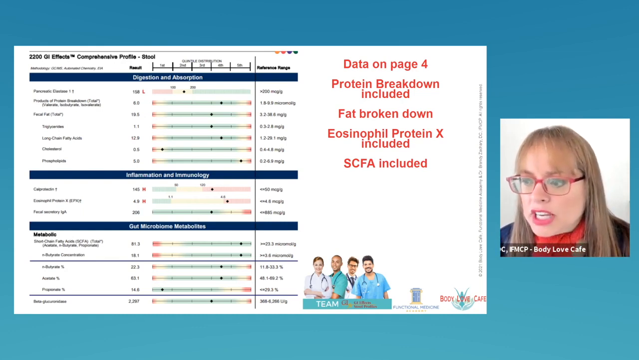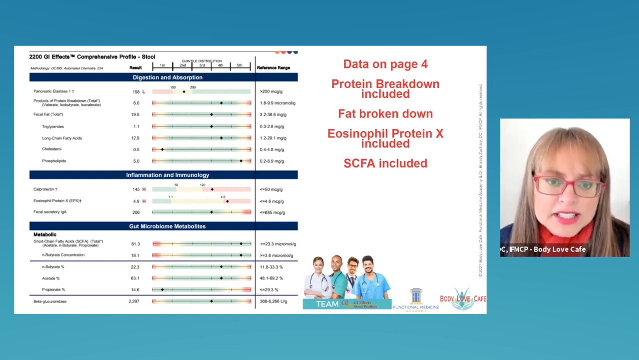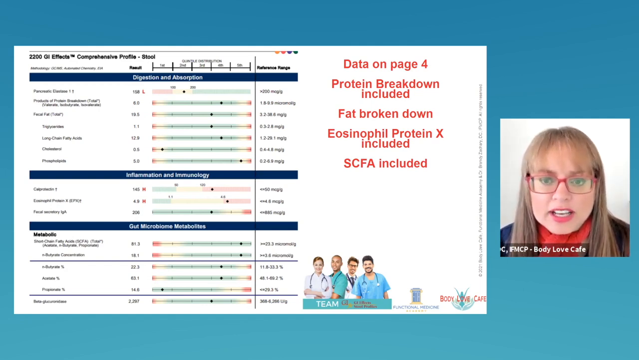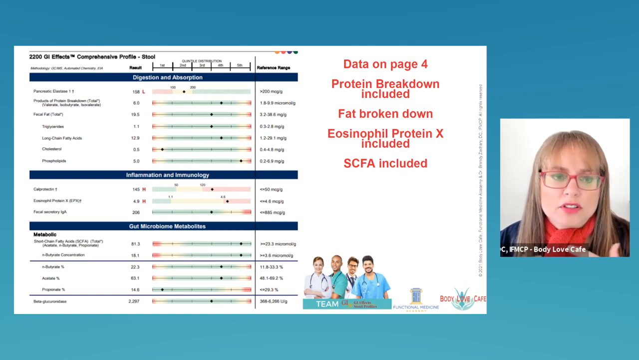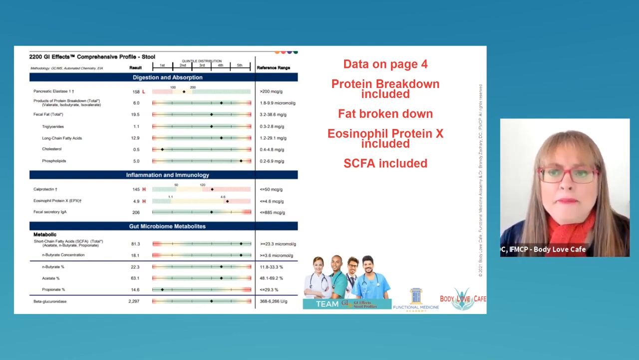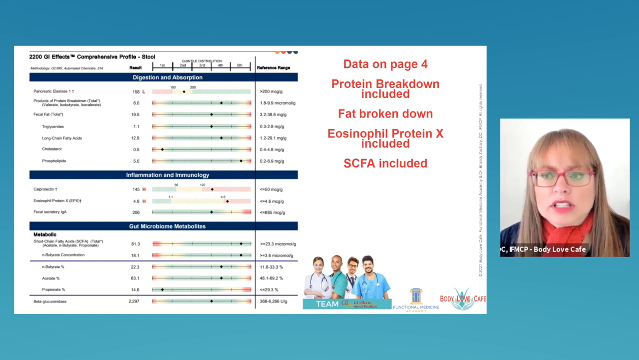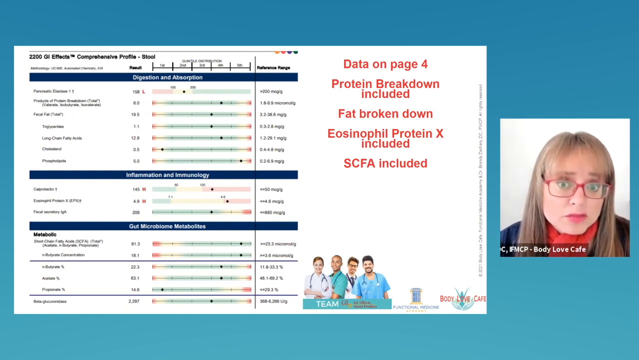For the inflammation and immune markers, the ranges might be a little bit different, but calprotectin and Sig-A, fecal Sig-A, it's the same on both tests. And then GI effects includes eosinophil protein X. That marker is helpful because it shows if there's an IgE allergy. So this is eosinophilic infiltration versus calprotectin is neutrophils. This eosinophil protein X will be elevated with a lot of IgE allergies or parasites, could be elevated with parasites